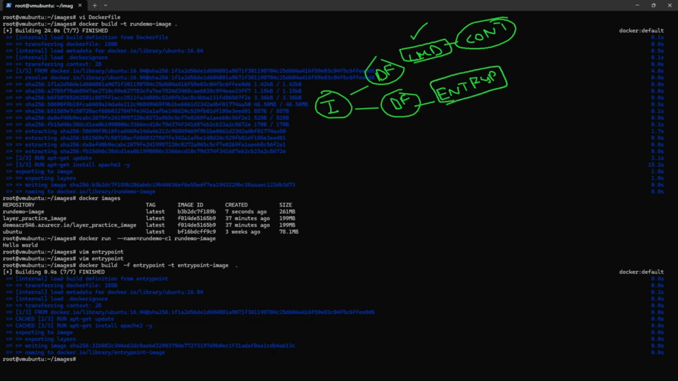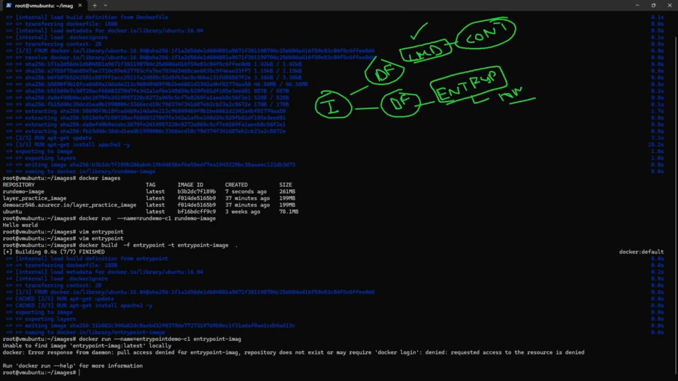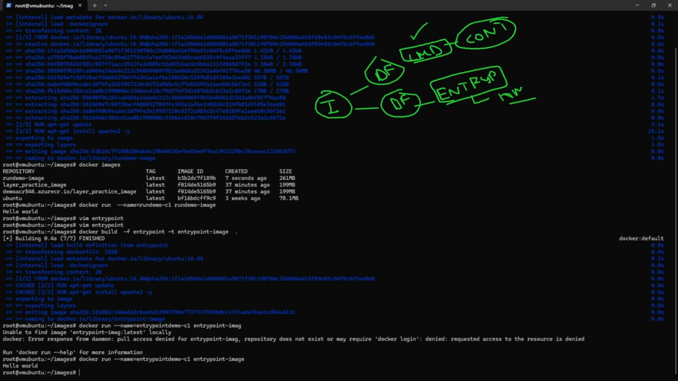In the ENTRYPOINT one also, I'm going to create a container, and let's check what we are able to see in the terminal. Okay, there is one typo, image. So here also we are able to see Hello world. In the CMD part also we have seen Hello world, and in the ENTRYPOINT also we have seen Hello world. Let me create a new container for this CMD one, and let me create a new container for my ENTRYPOINT one, and then we'll see the